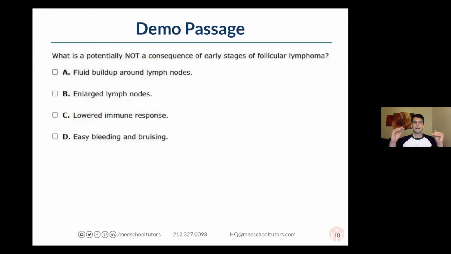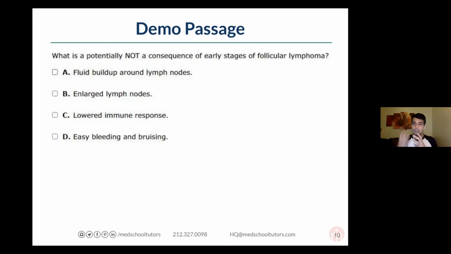So I'm going to tie this back to those common mistakes I talked about, right? Some students might read this and immediately go back to their content. They'll be like, oh crap, I don't think I read about follicular lymphoma, or like, what's lymphoma? Okay, lymph, it's white blood cells. Like, what does it have to do, right? Save yourself the effort. This is clearly something that is not what you needed to know.